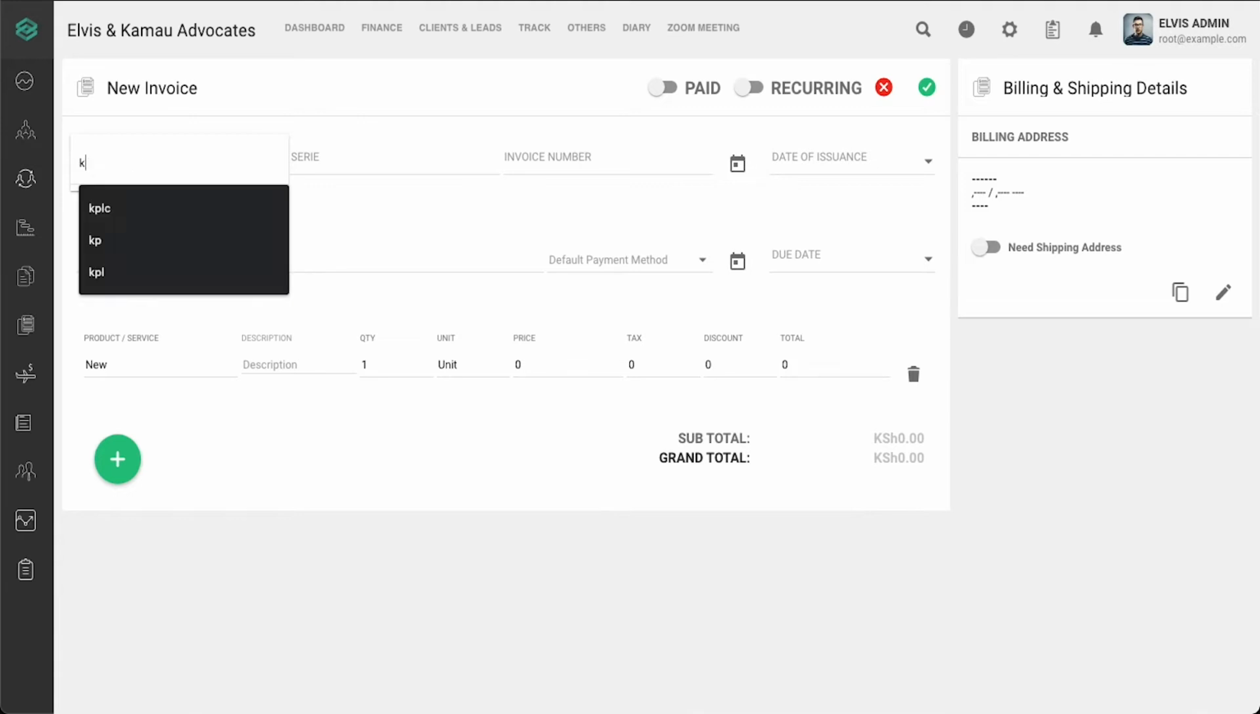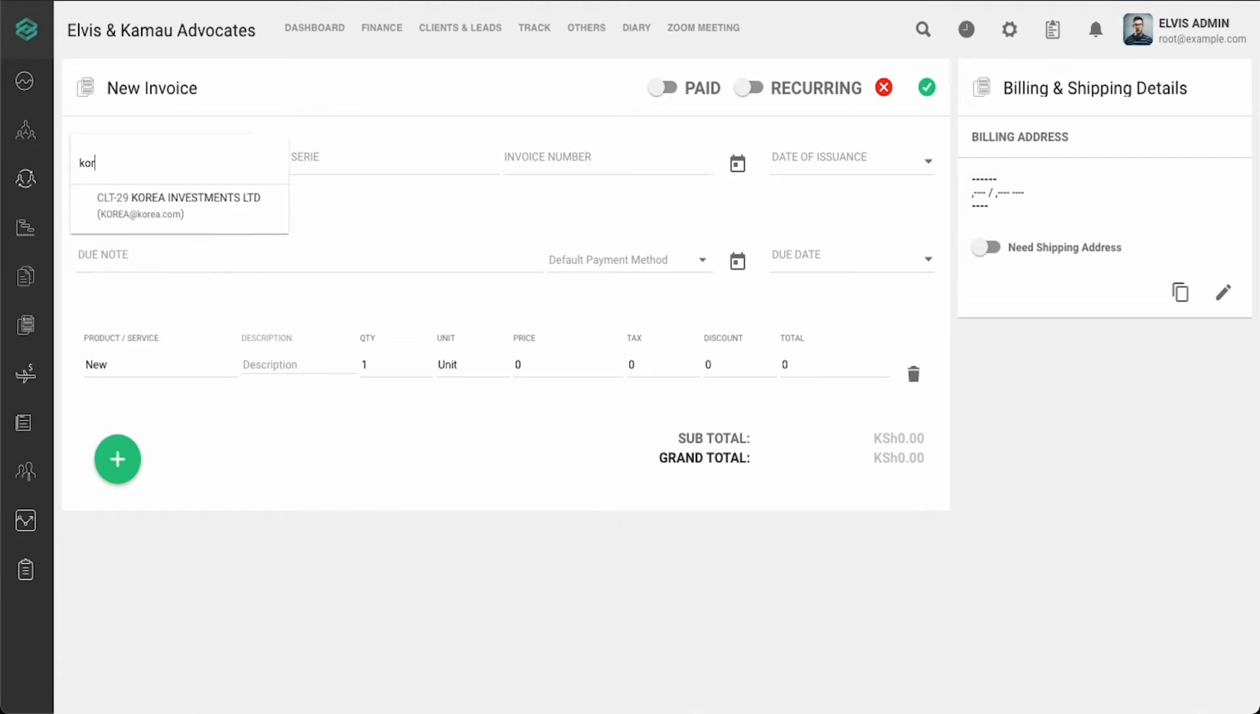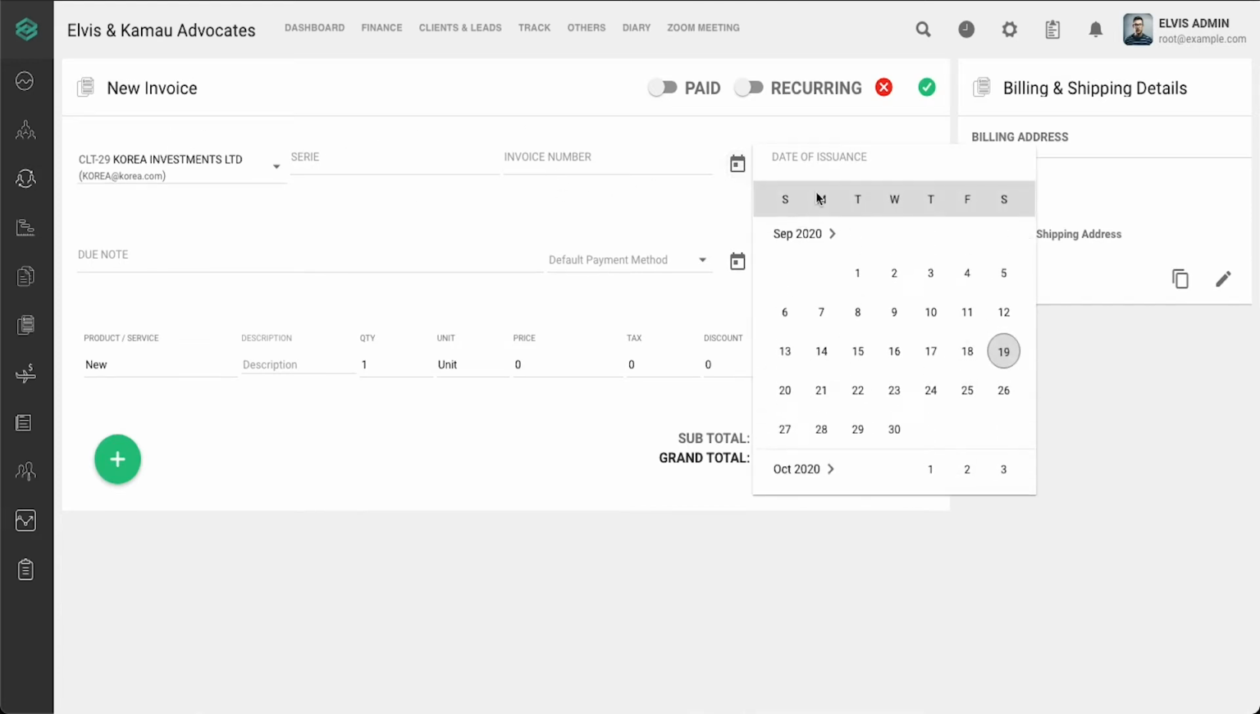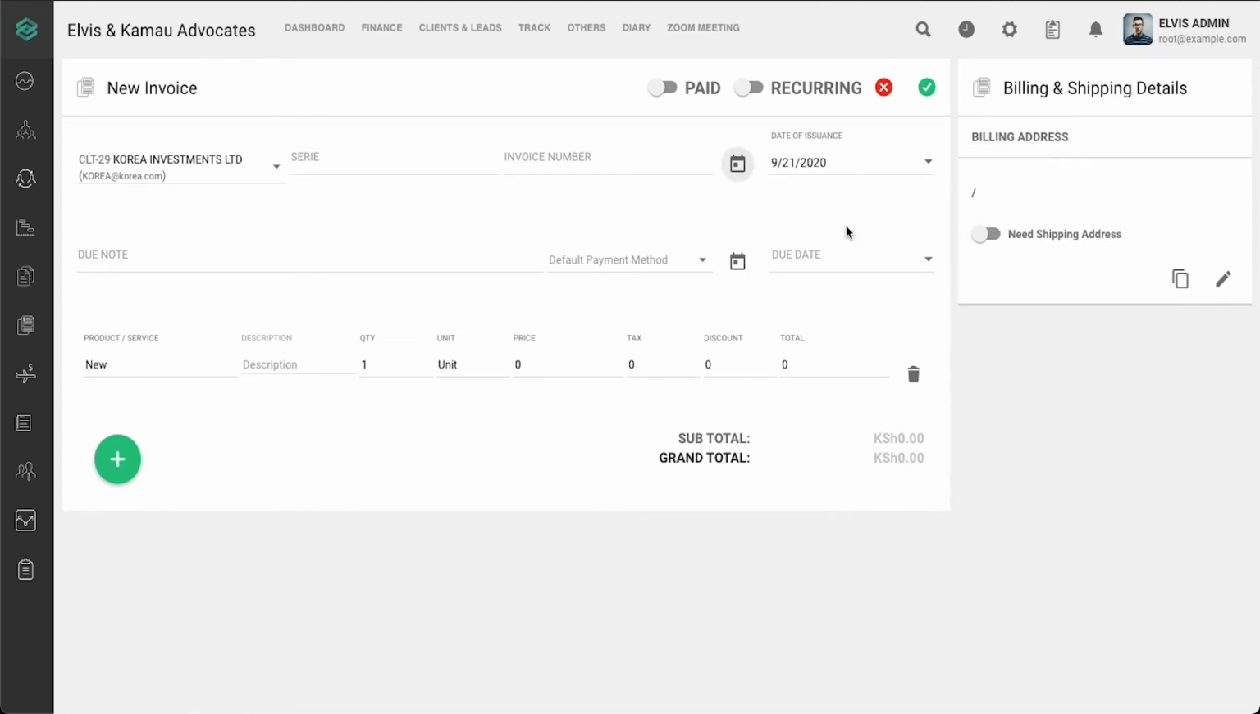You just search for, let's say, Korea. Let's get this one, investments limited. These two fields will be filled automatically by the system, and then you choose the date of issue. So it will be issued on the 21st. The due note maybe,